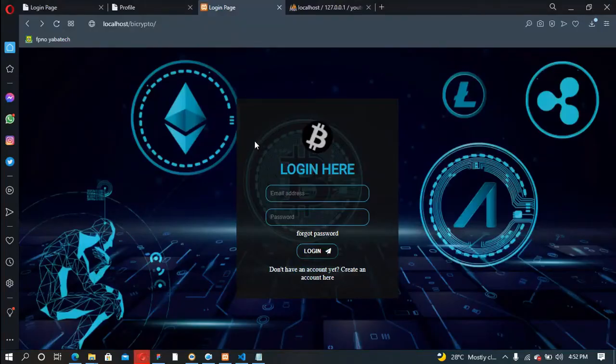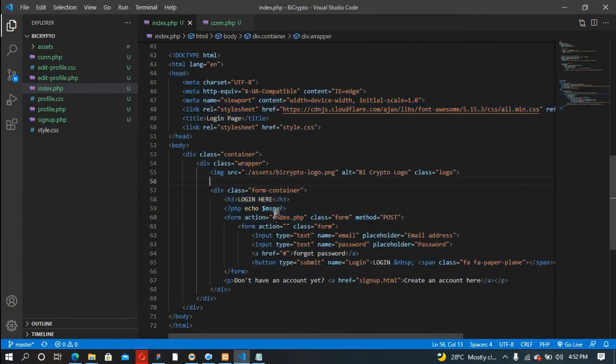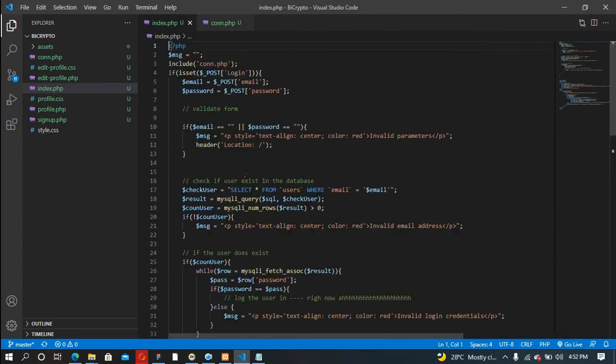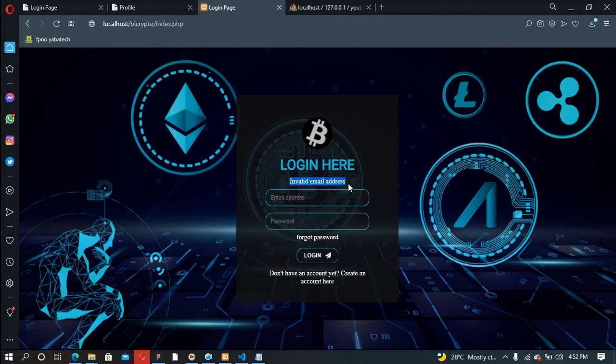Okay, so let's test that again. Let's make sure we are loading this here and method post, so the action will be set to index.php. Okay, so now let's come here, gmail.com. Let's pass this, let's click, so invalid email address. So if I say demo@gmail.com, let's pass rubbish password, let's print it, so invalid login details. So you see,